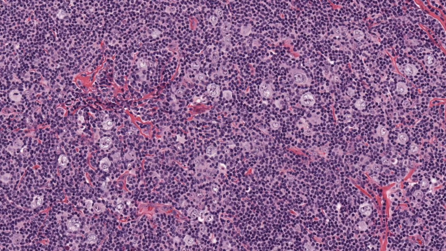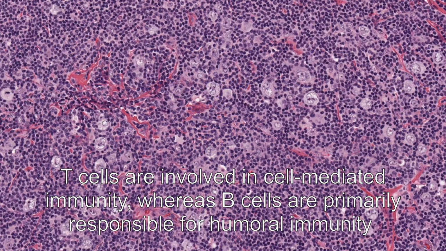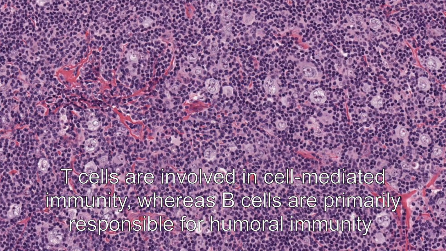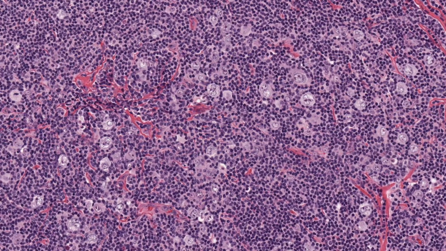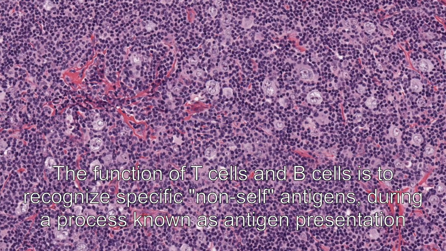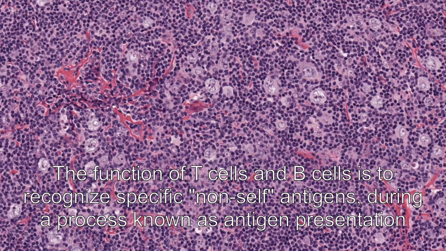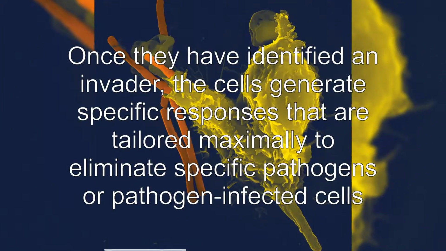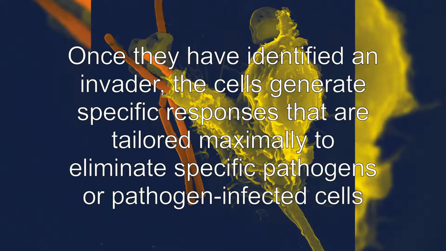or pathogen-infected cells. B cells respond to pathogens by producing large quantities of antibodies which then neutralize foreign objects like bacteria and viruses. In response to pathogens, some T cells, called T helper cells, produce cytokines that direct the immune response, while other T cells, called cytotoxic T cells, produce toxic granules that contain powerful enzymes which induce the death